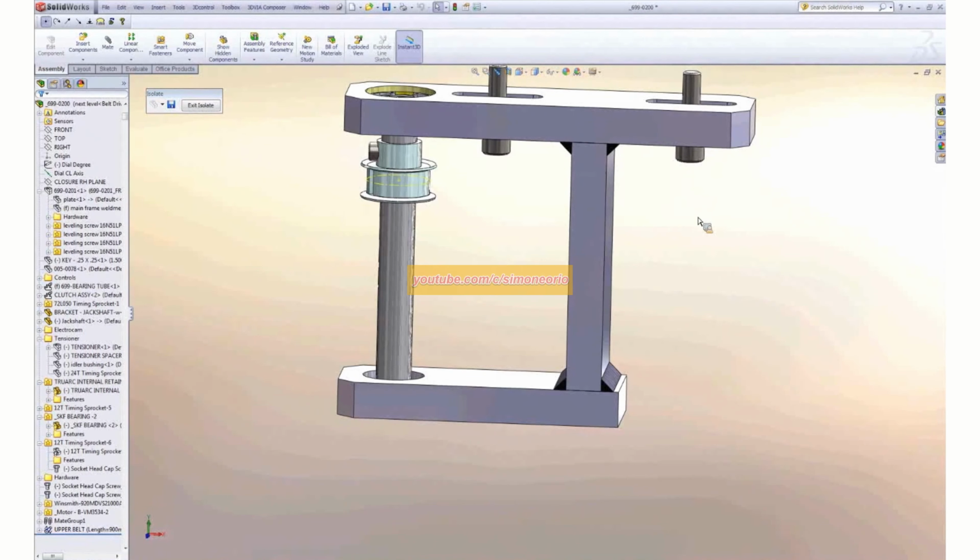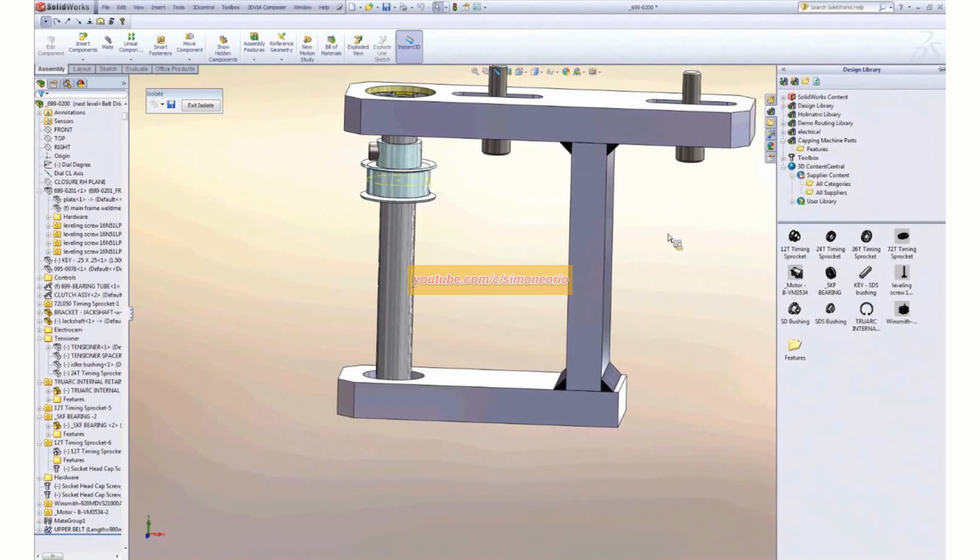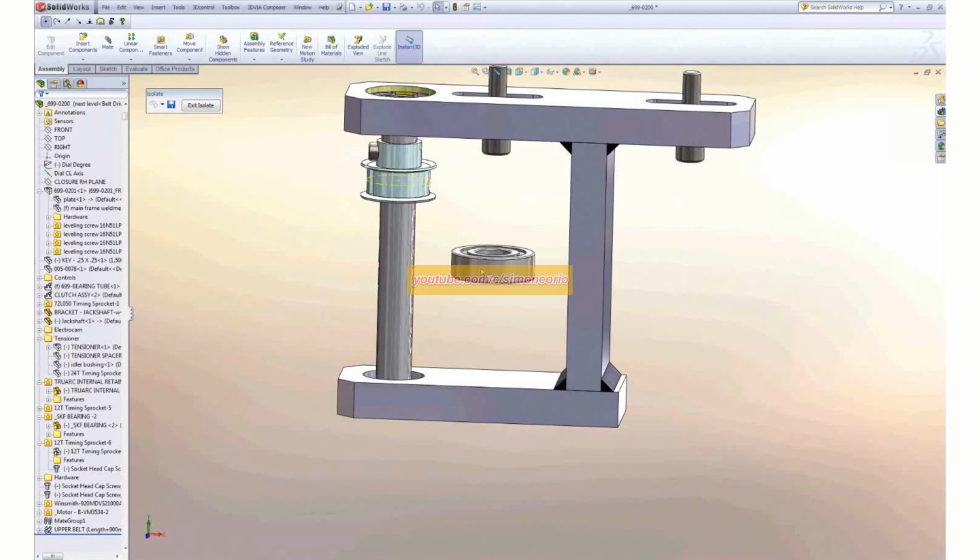It's basically a library of all these standard components that you continuously use over and over again. So right here, you see that we actually have a bearing saved in there. And if I pull this bearing out, what's really neat about this is if I drop it onto a cylinder, you're going to notice